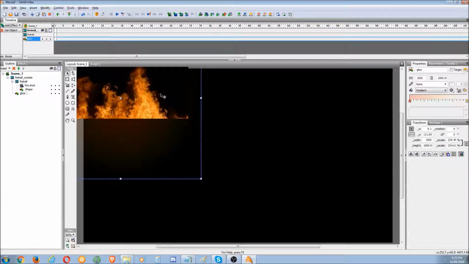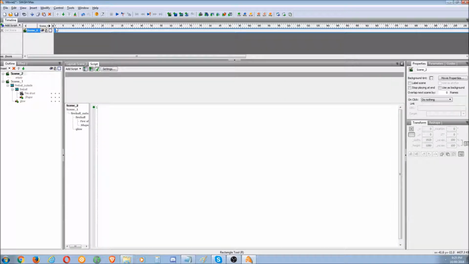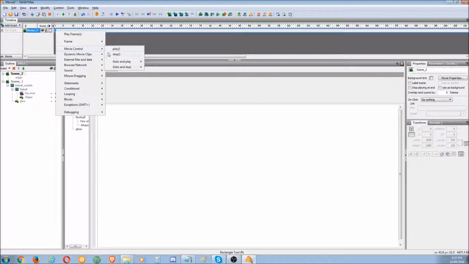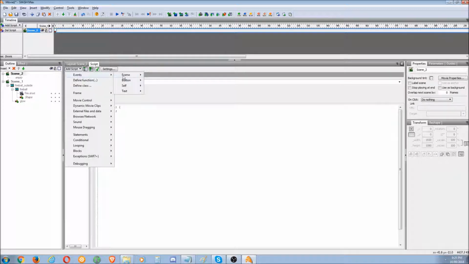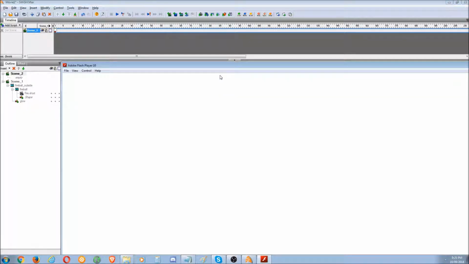Okay, so how do we make a video of it? Here's what we do. We go insert scene. In that scene, we'll make a go to and stop, and we'll go in events, on self event, which should be on scene self event, on press, key with space. So it will stop, and as soon as we press space,